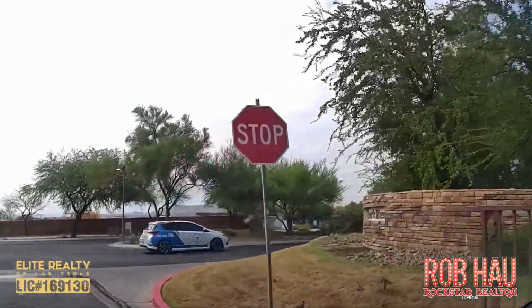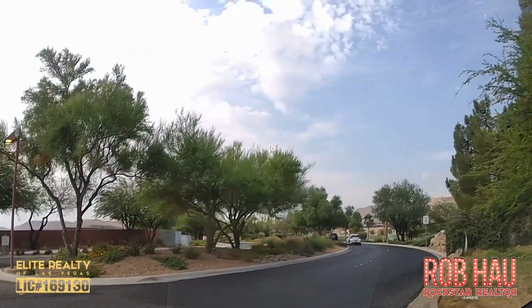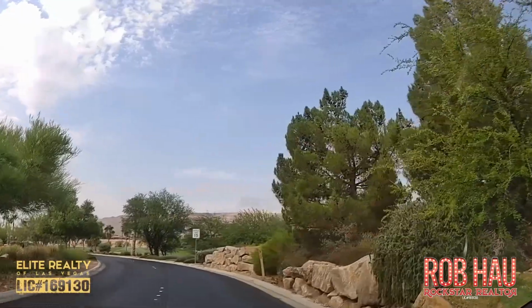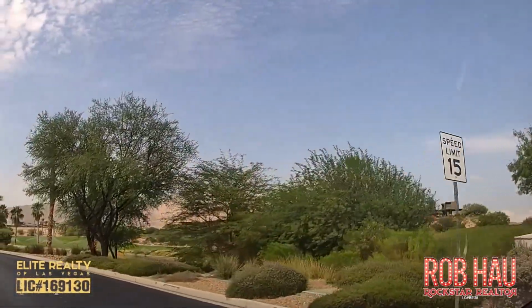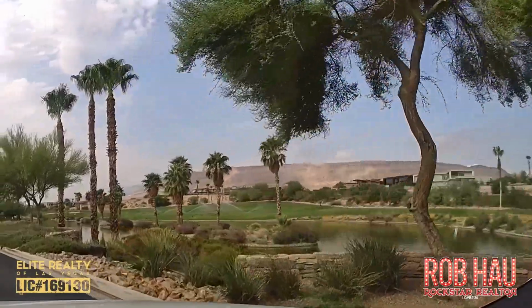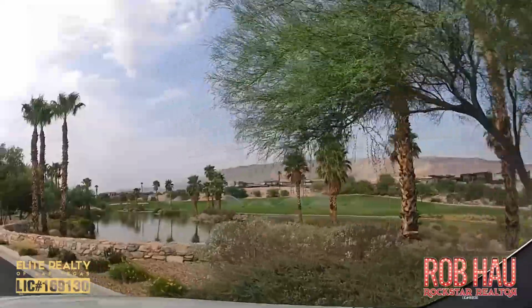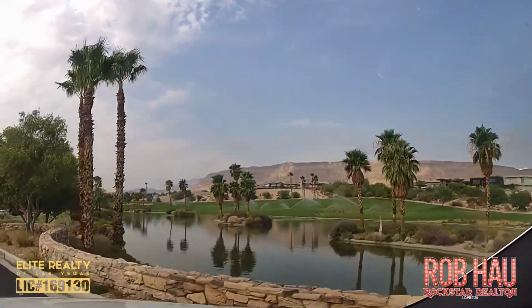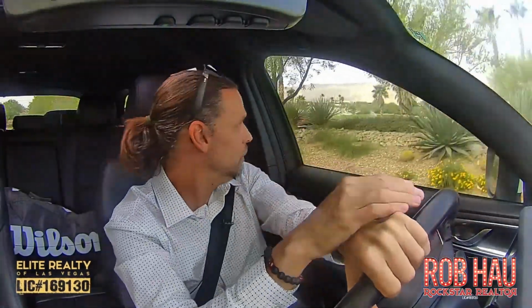So this part of the Ridges does have some lots that they're still building on over here. I'm going to really try to slow down here. This is a beautiful, beautiful view. Yes. You gotta love that. Some of these homes are absolutely massive, massive homes. And the ones up here,